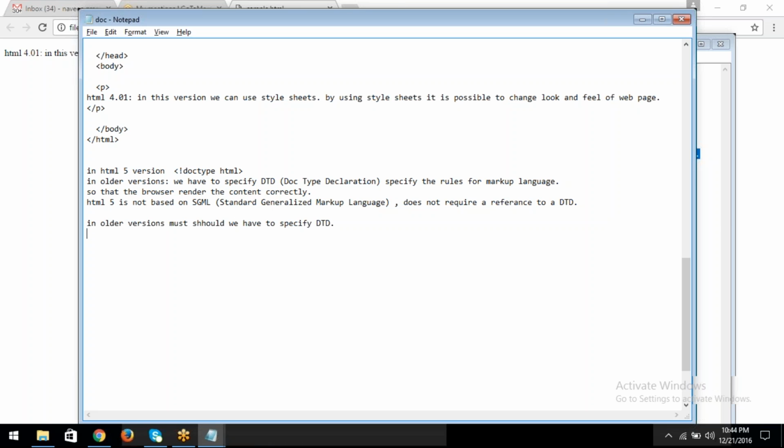In all older versions, we must specify the rules for the markup language. The first line, the doctype declaration, we have to define like this: